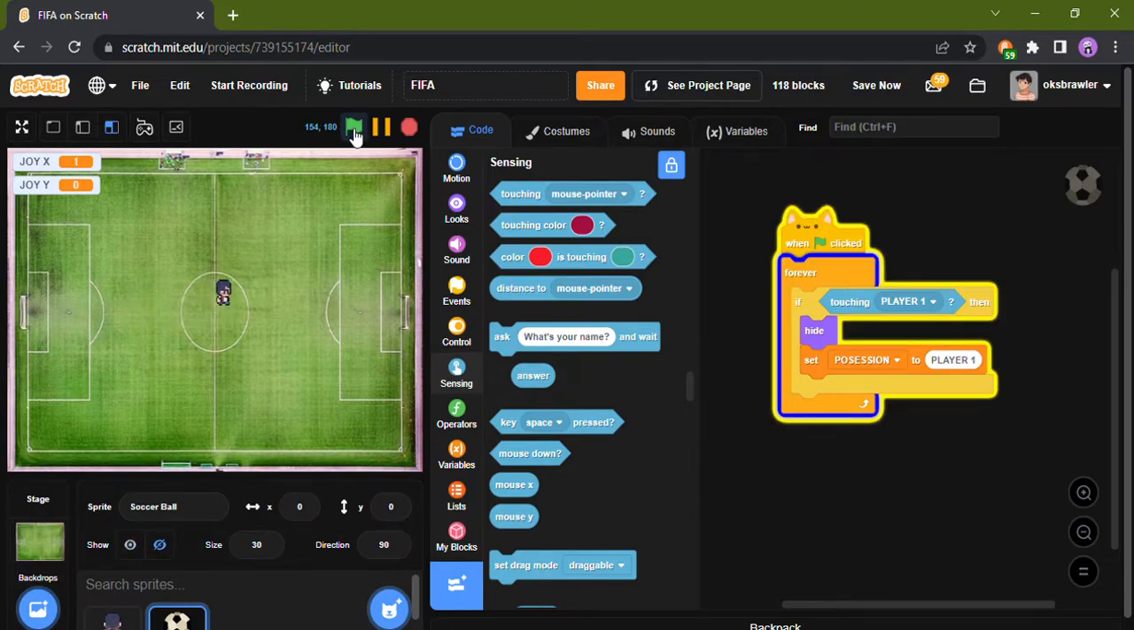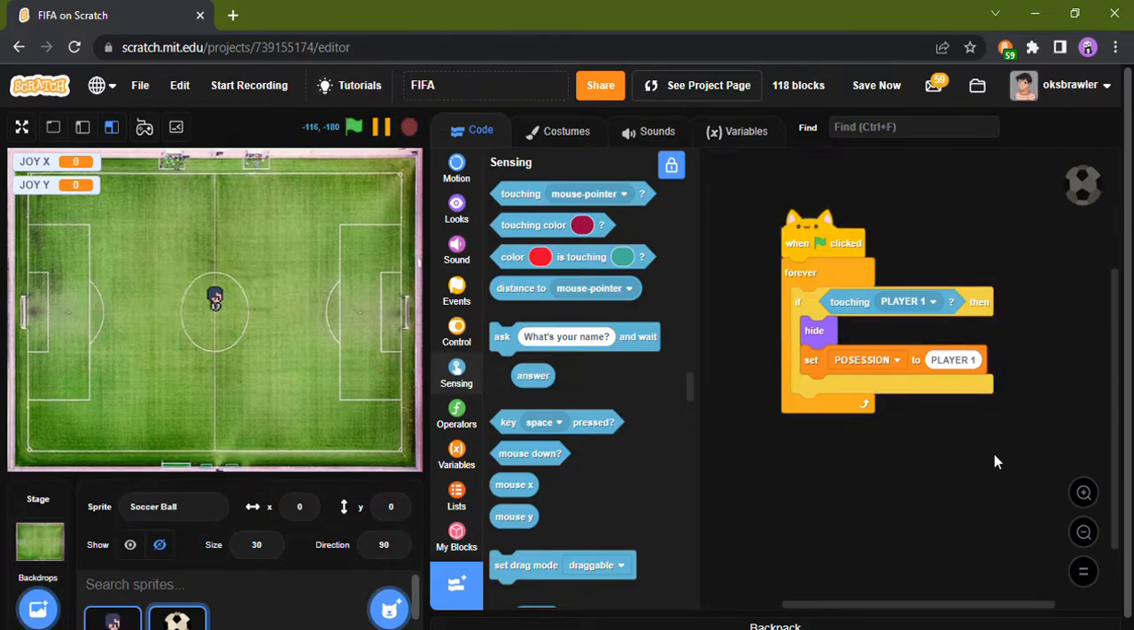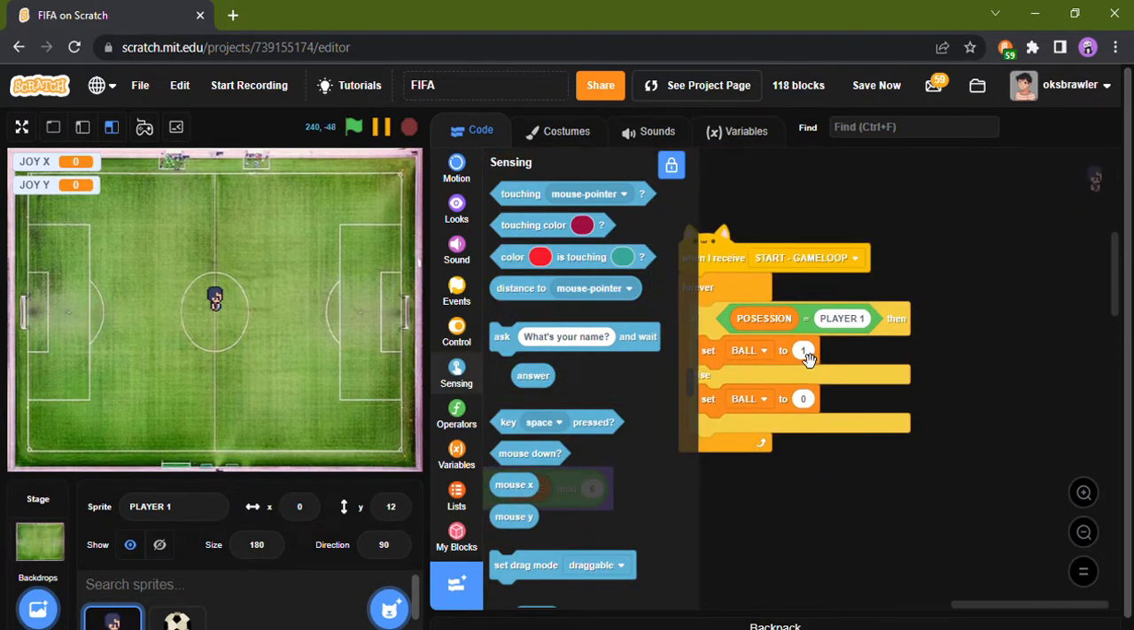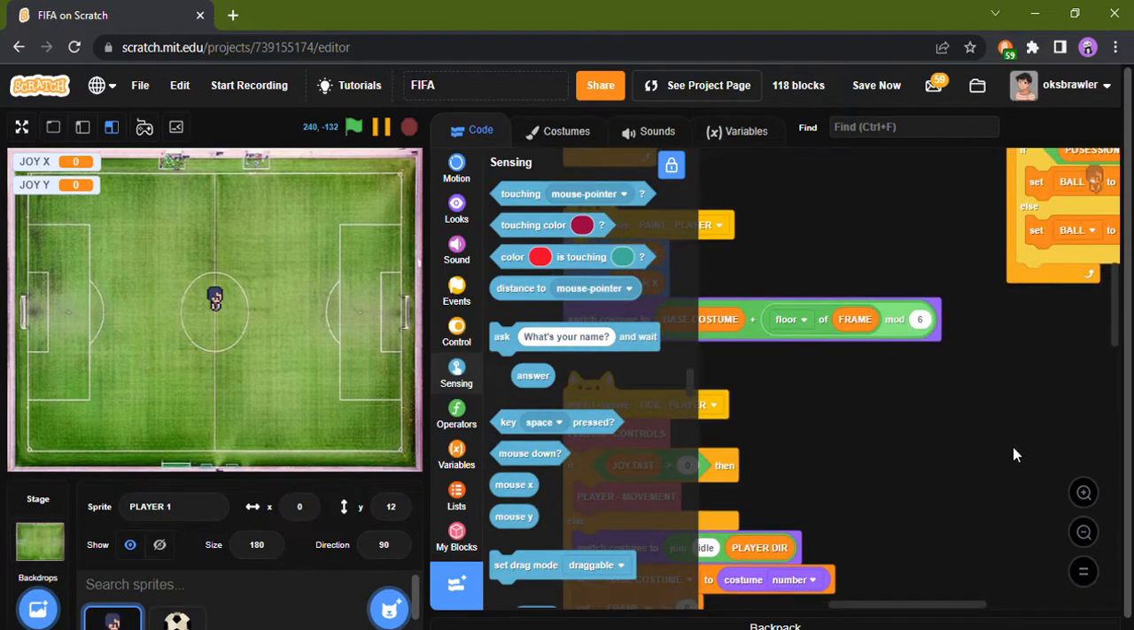Alright, let's see. It looks as if we've collected the ball, bro. It really looks as if we've collected the ball. Yeah. What we want to do now is actually change this to ball and change this to black, and then